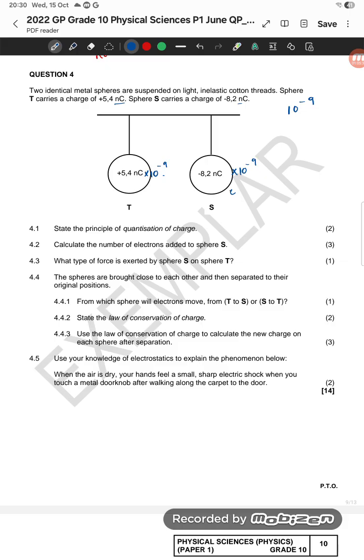State the principle of quantization of charge. Okay. Quantization of charge means I'm not splitting electrons. That's pretty much it, and you can extrapolate from not splitting electrons. Don't say that in your exam. If you remember not splitting electrons, you can extrapolate